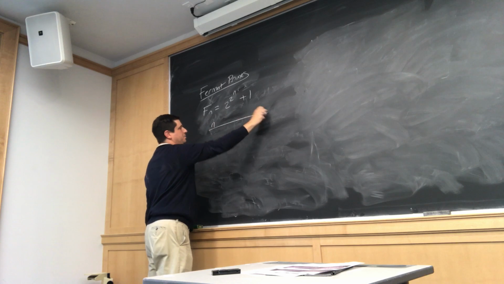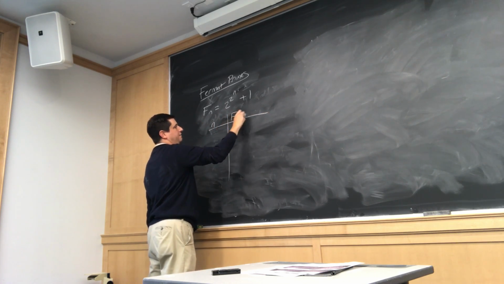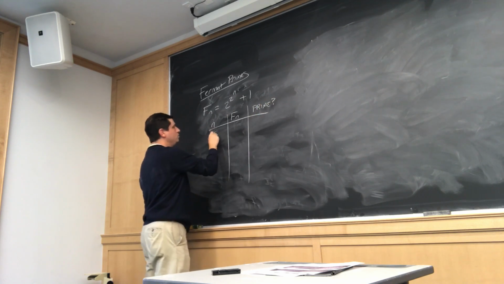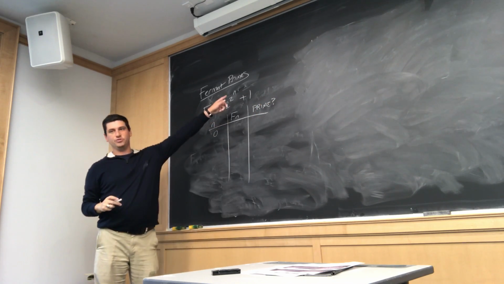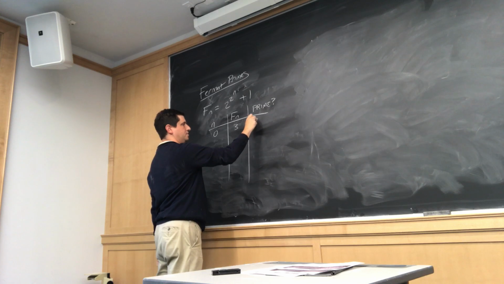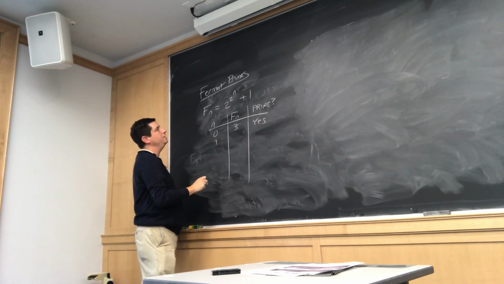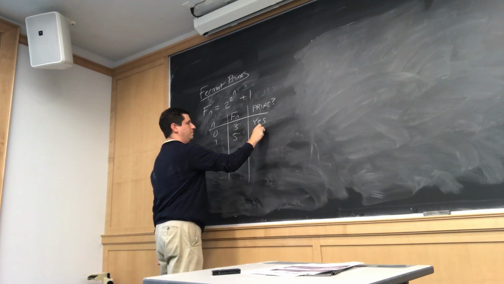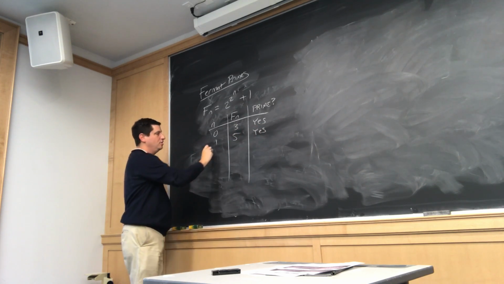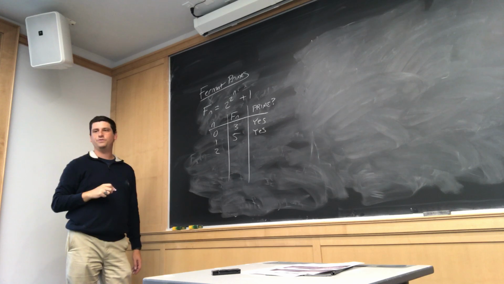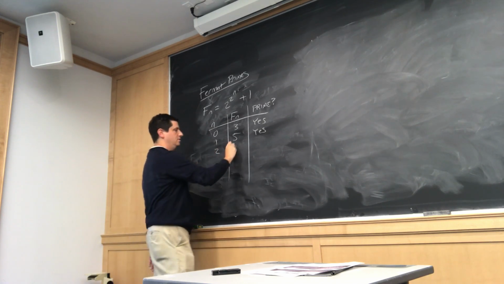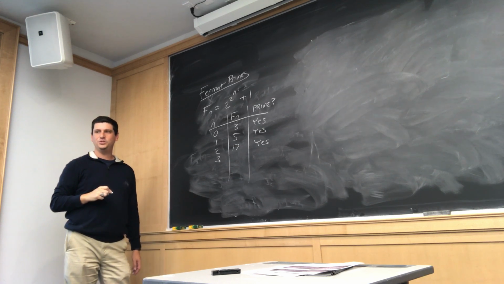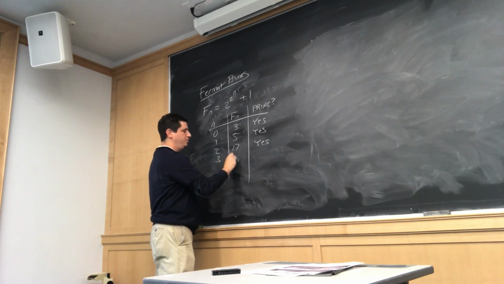So let's make a table. N, Fn. When n equals 0, 2 to the 0 is 1, so you get 3. Is 3 prime? Yes. When n is 1, you get 2 to the 2, which is 4, plus 1 is 5, it's prime. Now these numbers grow fast. When you take n equals 2, you get 2 to the 4th plus 1, which is 17, also prime. When you take n equals 3, you get 2 to the 8th, which is 256, plus 1 is 257, which